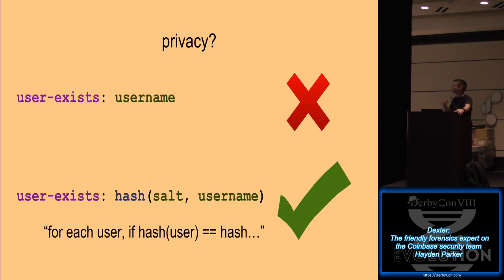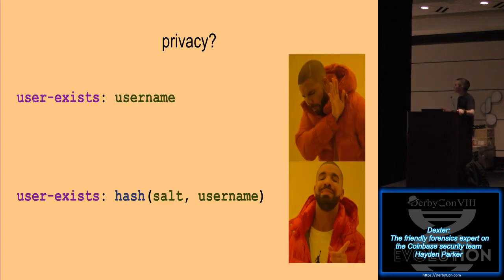so it's randomly generated for each investigation. And then what we can do is something pretty simple: for each user on my machine, I'll hash the user, and if it equals the hash that's being requested, that's great. So in order to get around this, now you'd have to brute force, after the investigation is published, a list for each user. And that might actually not be too hard, which is an issue. So there's some concerns around this.